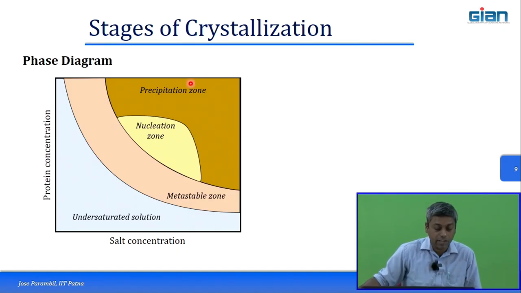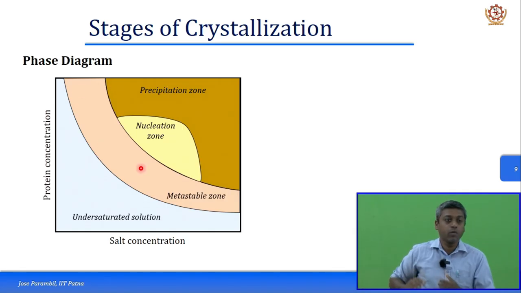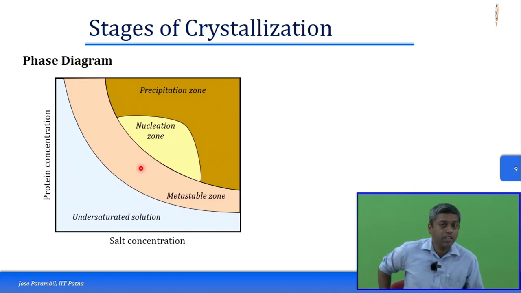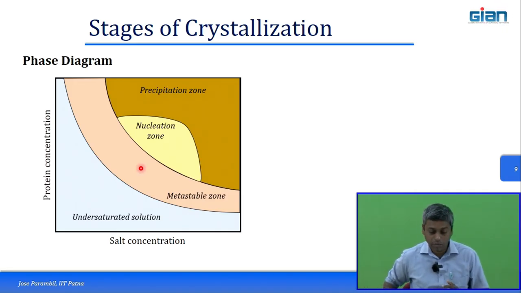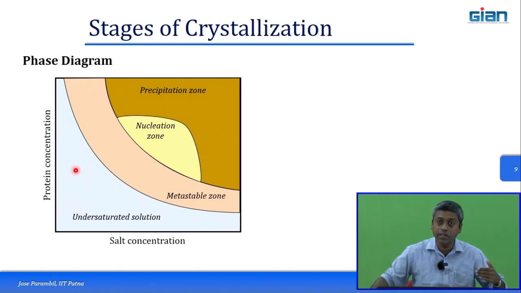So this entire region over here, this metastable zone, nucleation and precipitation, all of this region represents a binary system, which is basically a solid which is in equilibrium with the liquid solution. So the solid being the pure protein crystals that we are talking about. Now, when you're doing the process, let's say you're moving from an undersaturated solution system into